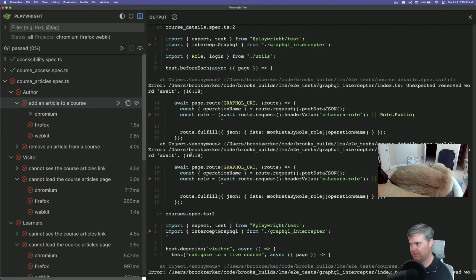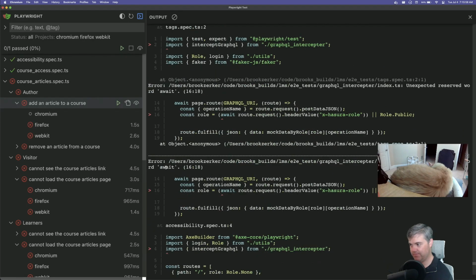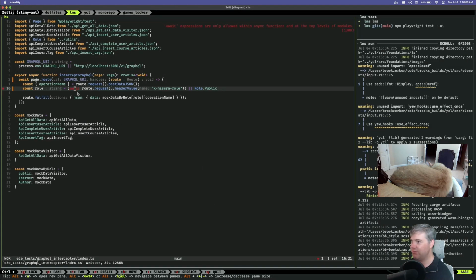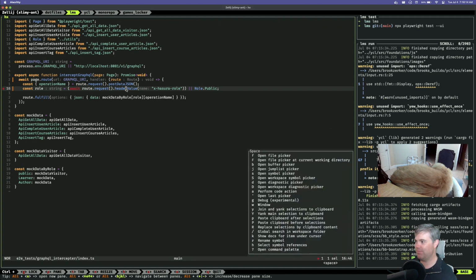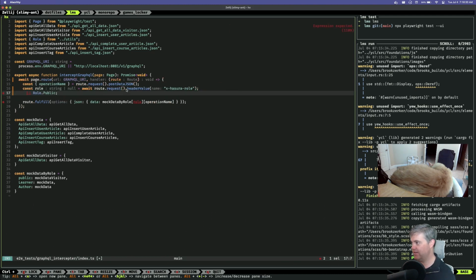Error. Okay. Unexpected reserved word await. Wait, I mean, I want to use it as the reserved word await. Okay, so header value returns a promise. Okay, so fine. I will do this as a multiple thing. So we'll say